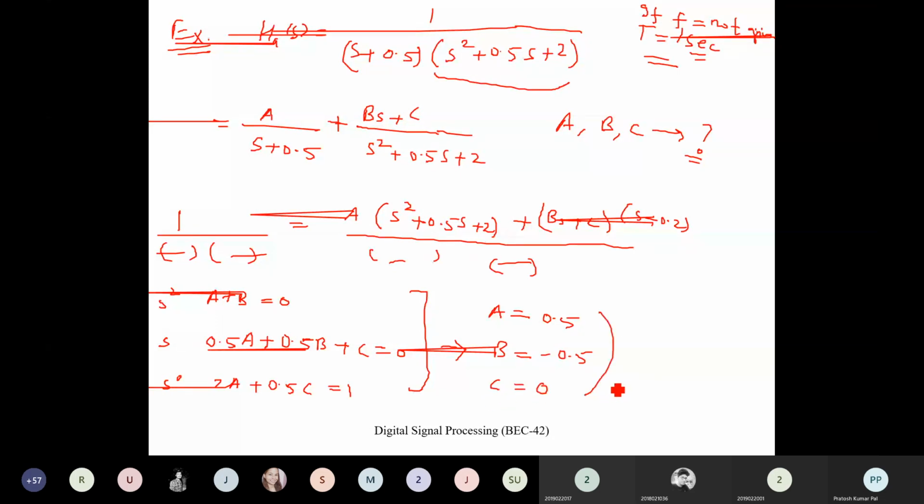So by putting these three values into this term, we can get H(s) equals 0.5 divided by s plus 0.5